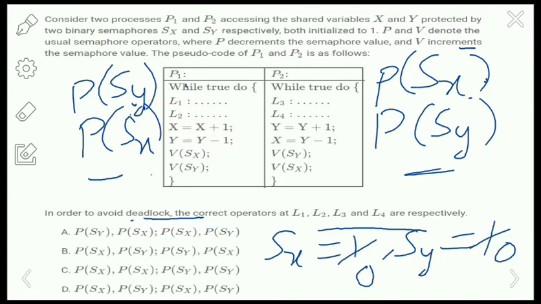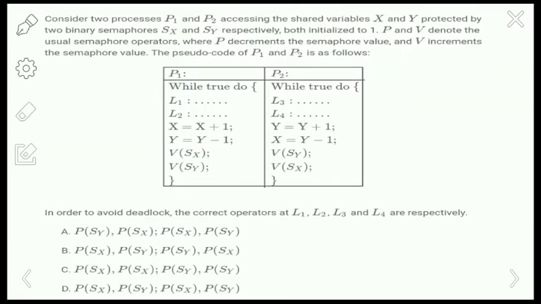Sy is already held by P1, and Sx is held by P2. So P1 is holding Sy and requesting Sx. Similarly P2 is holding Sx and requesting Sy. So there is a circular wait here, right? That's why it gives a deadlock condition.